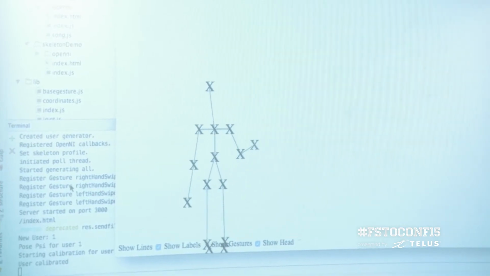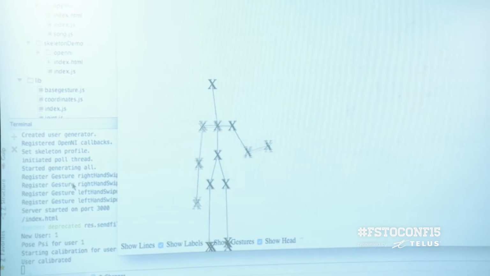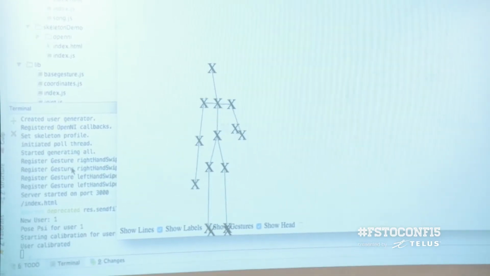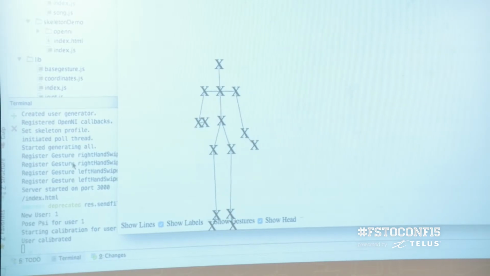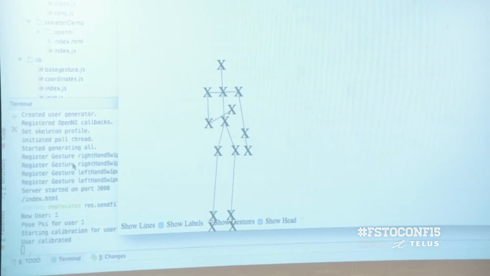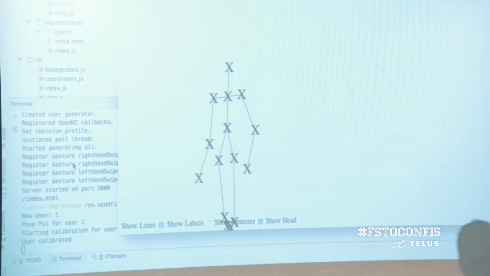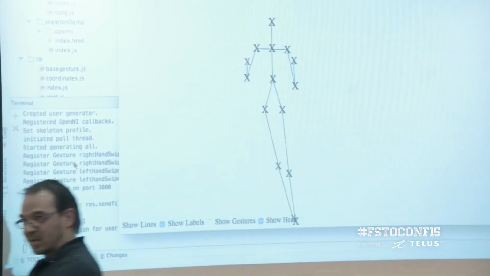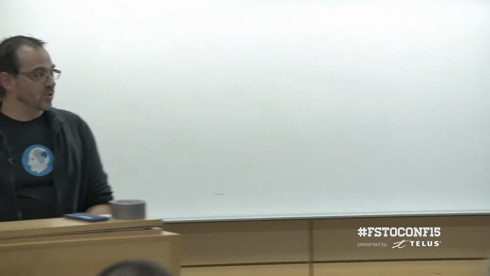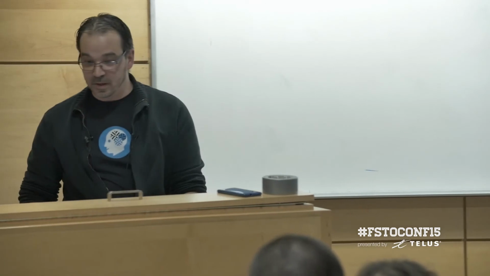Now, I swipe my hand right. As you can see, it changes to green, and it should be red on the other side. Same thing with the left hand. So red and green. So there you go. I had my gesture detection. Let's remember the main goal was to actually be able to control a robot with this. So now's the fun part. Not that the rest was not fun, but